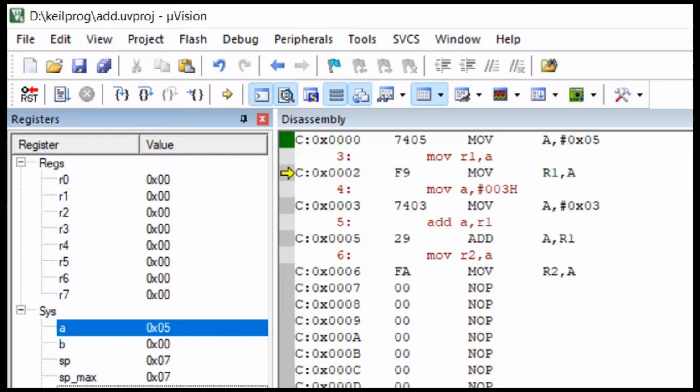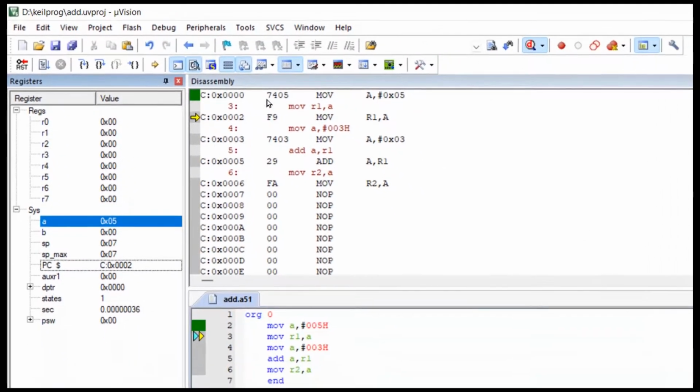has automatically moved to 02. Why? Because this is a 2 byte instruction, 1 byte, 2 byte. So 0, 0 and 0, 1, 2 bytes are moved. That's why now my next instruction is at 02. And once I finish this line, the microcontroller asks the program counter what to do. Program counter says go to 02. So when it goes to 02, it has F9.